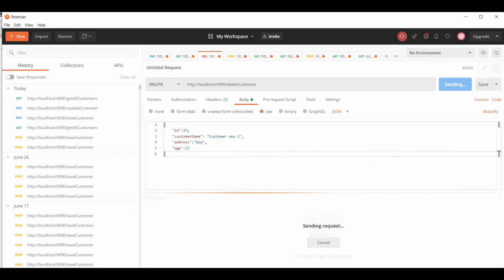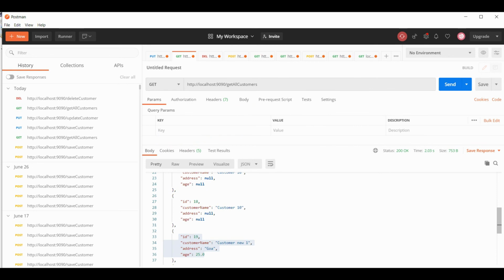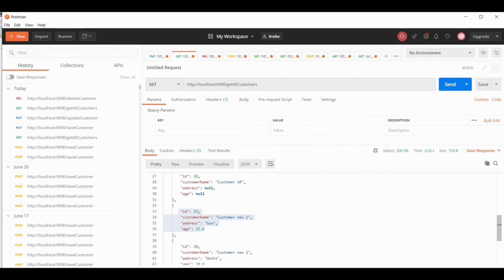Let us see if it is successful or not. Yes, my dear friend, our API call is absolutely successful, and we'll test that in the get API. Now with ID 19 data was coming before, but if we hit the API now it should not come.